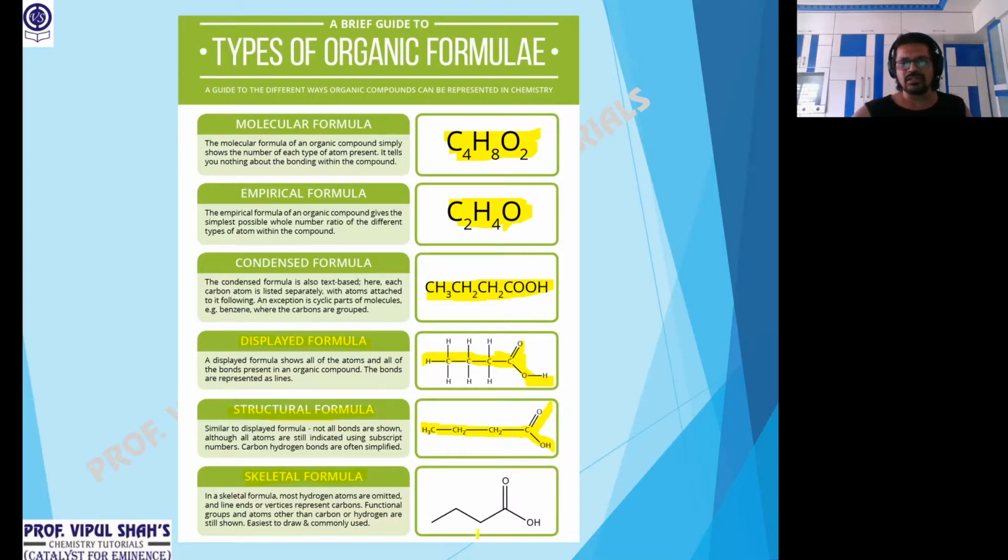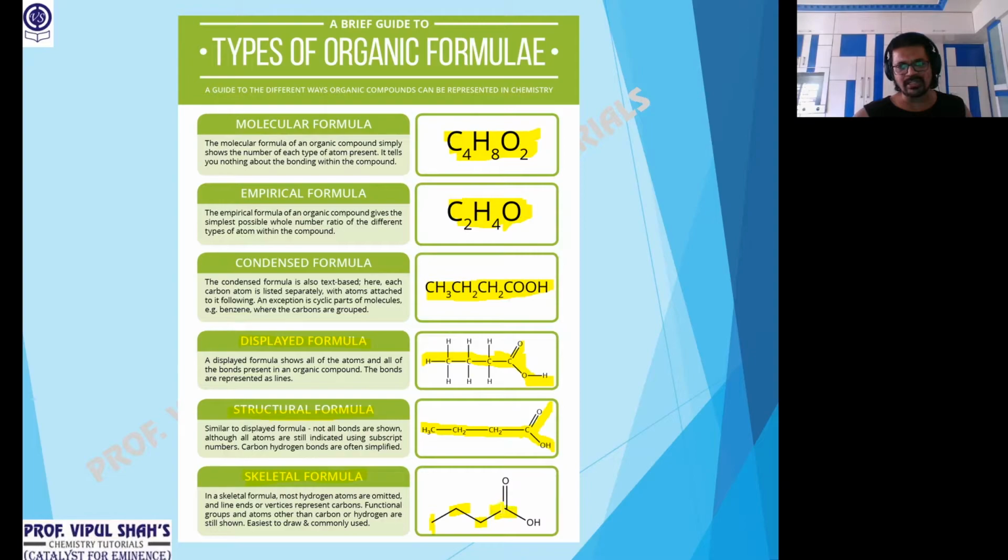Observe this. CH3, so the end carbon, the line where it is there, this is one carbon. It's understood there'll be 3 hydrogens, so CH3. And where the 2 lines meet, here 2 lines have met, so 2 valencies are satisfied. So there are 2 hydrogens, so that's CH2. So just observe from the top part. The bottom one is CH3, then CH2, then again down, 2 valencies are satisfied, so again it will be CH2.